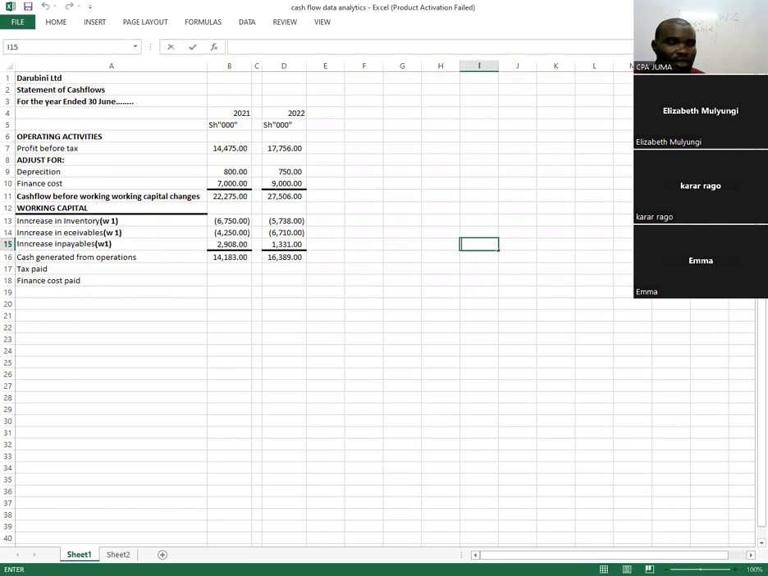So tax paid. When you check this question keenly, you will realize that there was no tax liability. If there is tax liability, we reconcile. We check what the liability was at the beginning, how much has been charged during the year, then compare with the closing to know what was paid. But in this question, if you check current liabilities, there was no